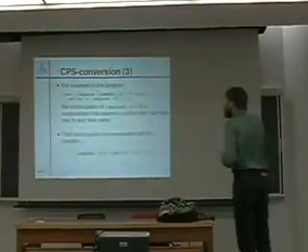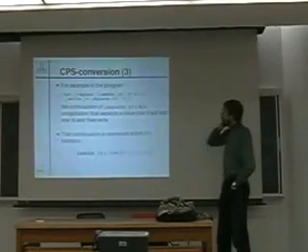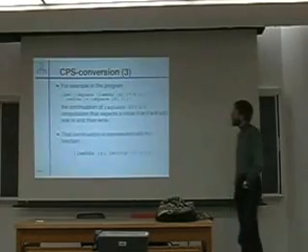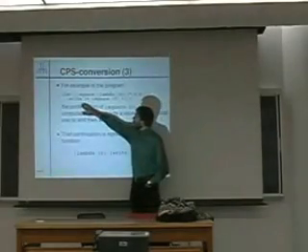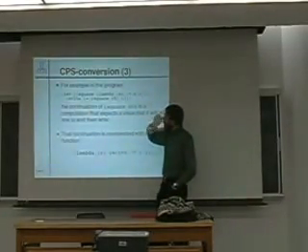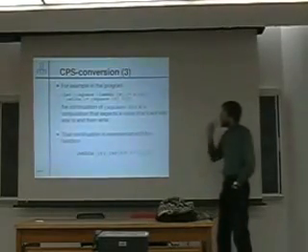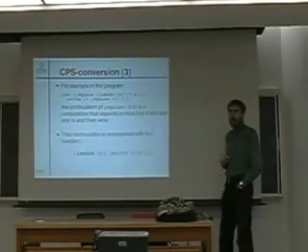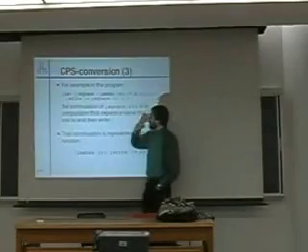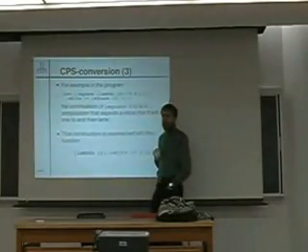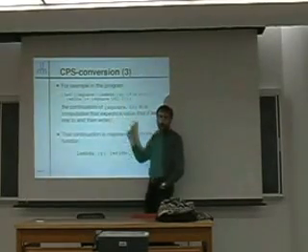Okay, let's do an example. Here's a fragment of code, the function called square, takes a parameter x and squares it. And we use this function in the call to write of the sum of square of 10 and 1. So let's try to figure out what is the continuation of the call to square of 10. Well, the continuation has to receive the result of this call, add 1 to this result, and write the result.